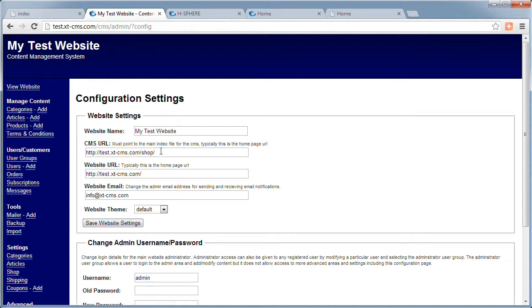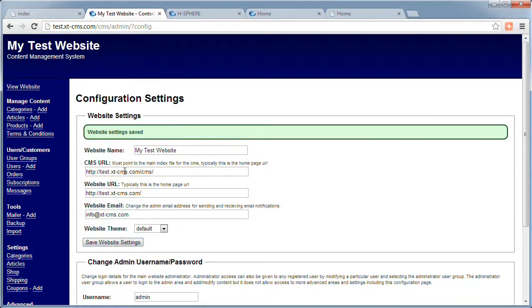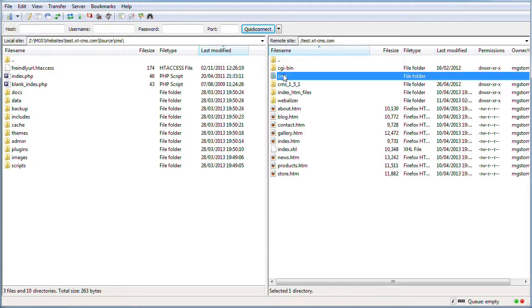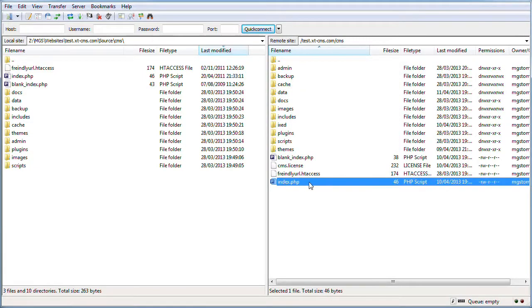Here we go. So again, that's still set to shop, so obviously we would want to change this back to CMS, so that basically you can see that this CMS URL needs to be in sync with where you have your index file here. Again, I could move this up too, and okay, let's do this really quick, and I'll go through the actual steps for I'll move my index file up out of here into